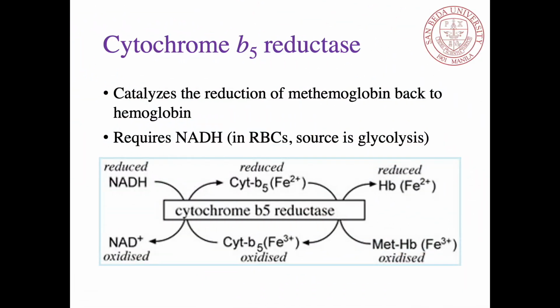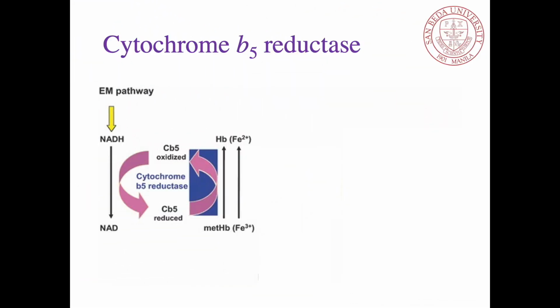As I mentioned earlier, cytochrome B5 reductase is an enzyme responsible for converting ferric iron to ferrous iron. I also mentioned that this is an NADH-dependent enzyme. In red blood cells, NADH is generated by the glycolytic pathway. Normally, cytochrome B5 reductase can reduce small amounts of methemoglobin that form randomly, probably due to reactive oxygen species that